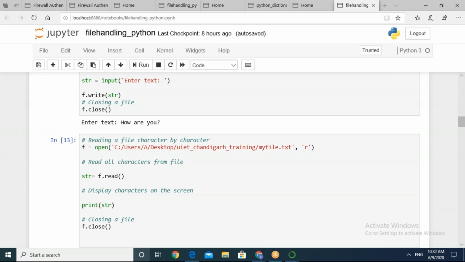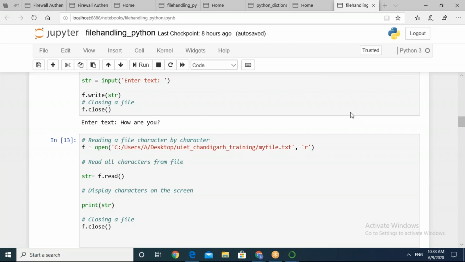So now you can check how to read the file character by character by using the function f.read. We are making use of this file, myfile.txt. Open this file in read mode. str equals f.read, and then display the characters.